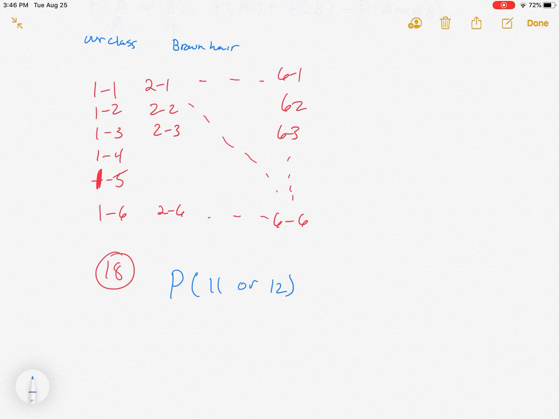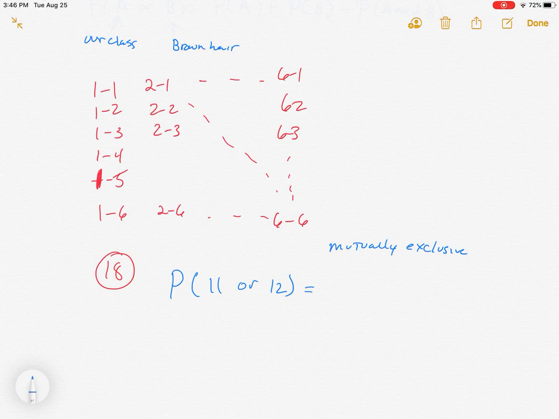So picture one roll of the dice. And the answer to that is no. It's either going to show 11 or show 12 or show something different, but it's not going to show both 11 and 12 at the same time. So we don't have to do any subtraction. We've determined that they are mutually exclusive, that they cannot happen at the same time. Therefore, we will